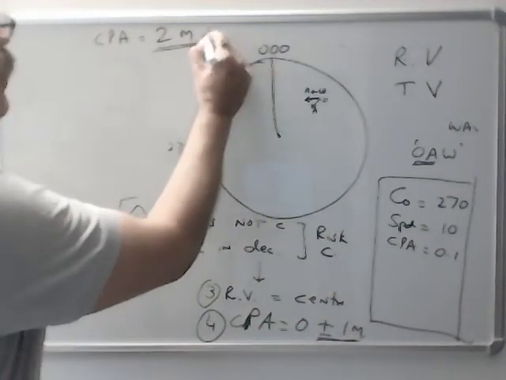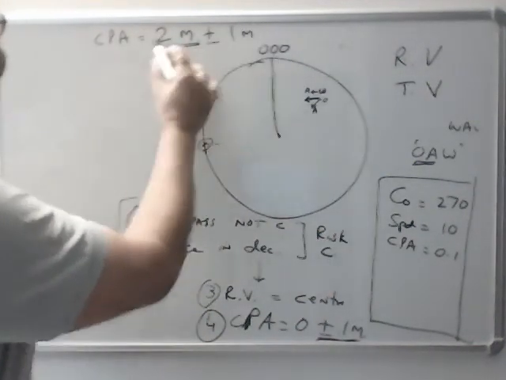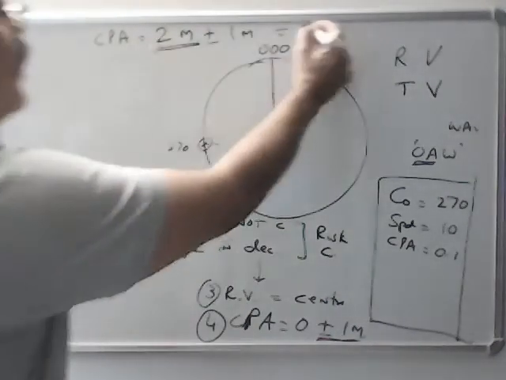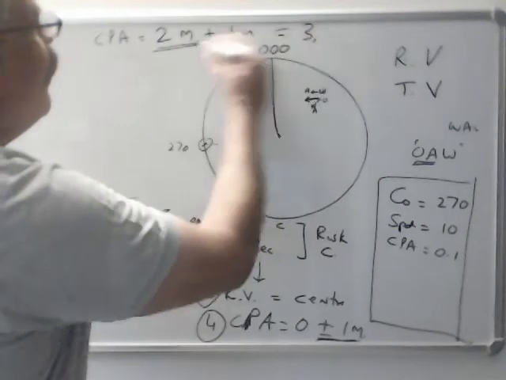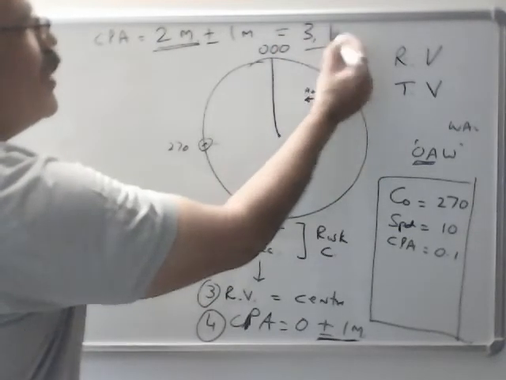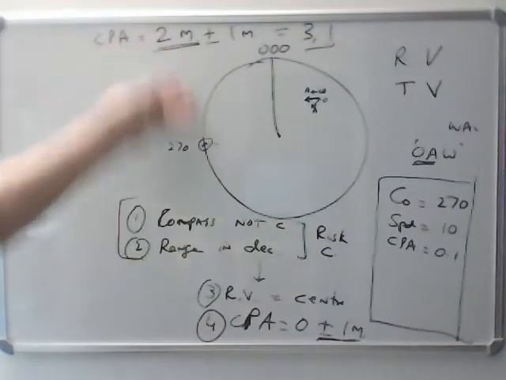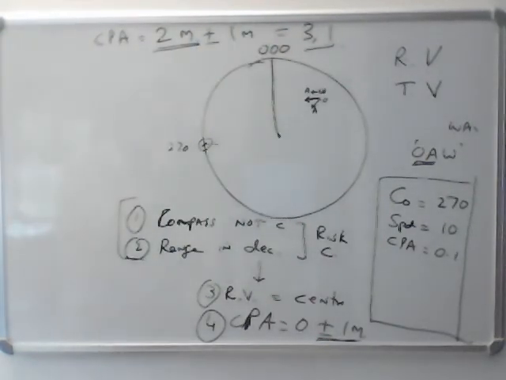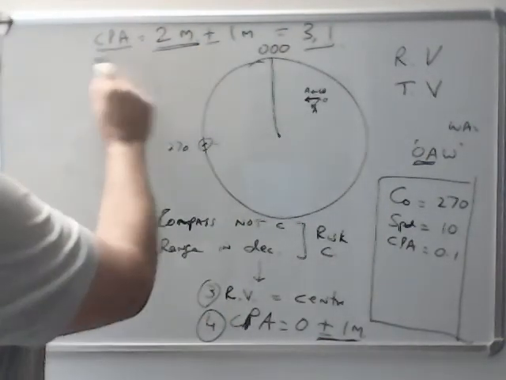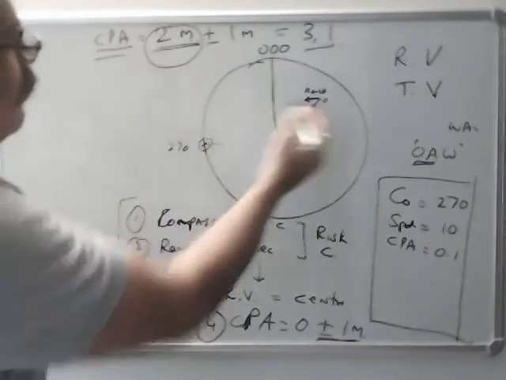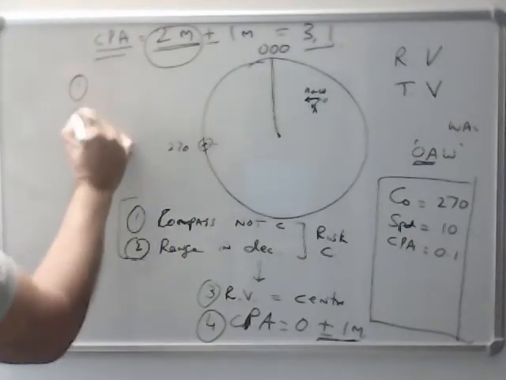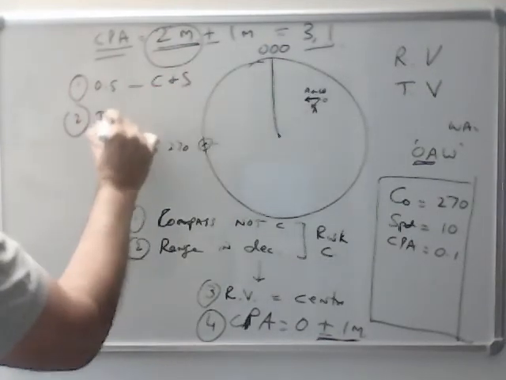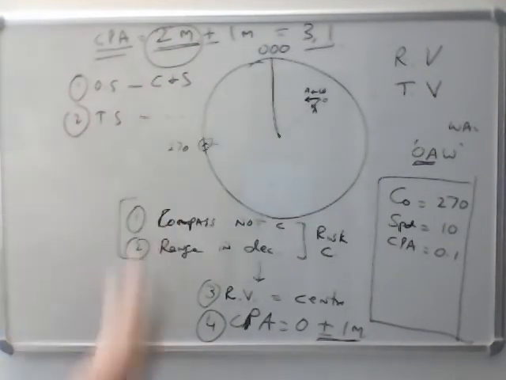So it could be anything, 2 miles plus minus 1 mile. So your final CPA when the ship passes close, it could be 3 miles or it could be 2 minus 1, 1 mile. Anything between 1 and 3. It could be 2 also. Now why? This is because the CPA keeps changing. CPA will not change, it will remain 2, if two things happen. Own ship course and speed does not change. Target ship course and speed does not change.